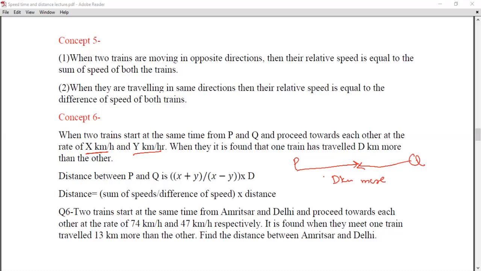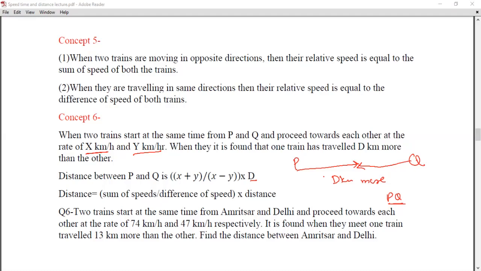Now we have to find the distance between P and Q, that is PQ. In order to find it, the formula will be (x plus y) over (x minus y) into the distance d. Whatever more distance is given in the question, you need to multiply it, and the formula is simple: sum of speeds over difference of speeds